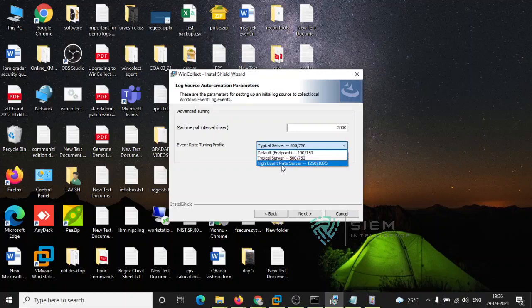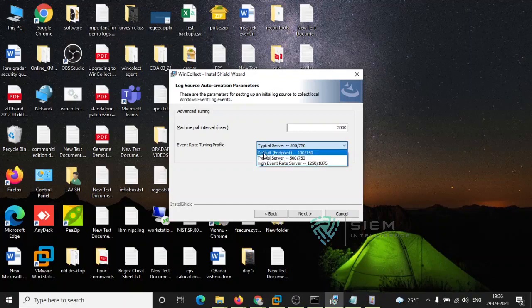And there is a high event rate server. Exclusively if I talk about AD, DHCP, an external web server, or any IDS or IPS, these services get so much activity regarding requests and responses. The event rate may be quite high, or the requests towards this particular server are very high. So there are three options.